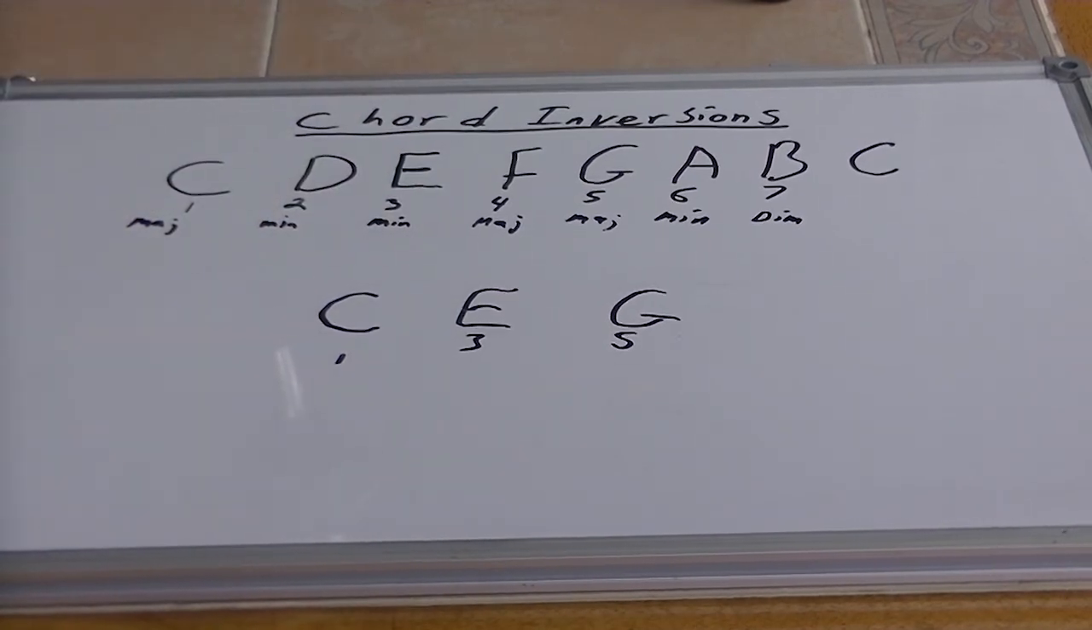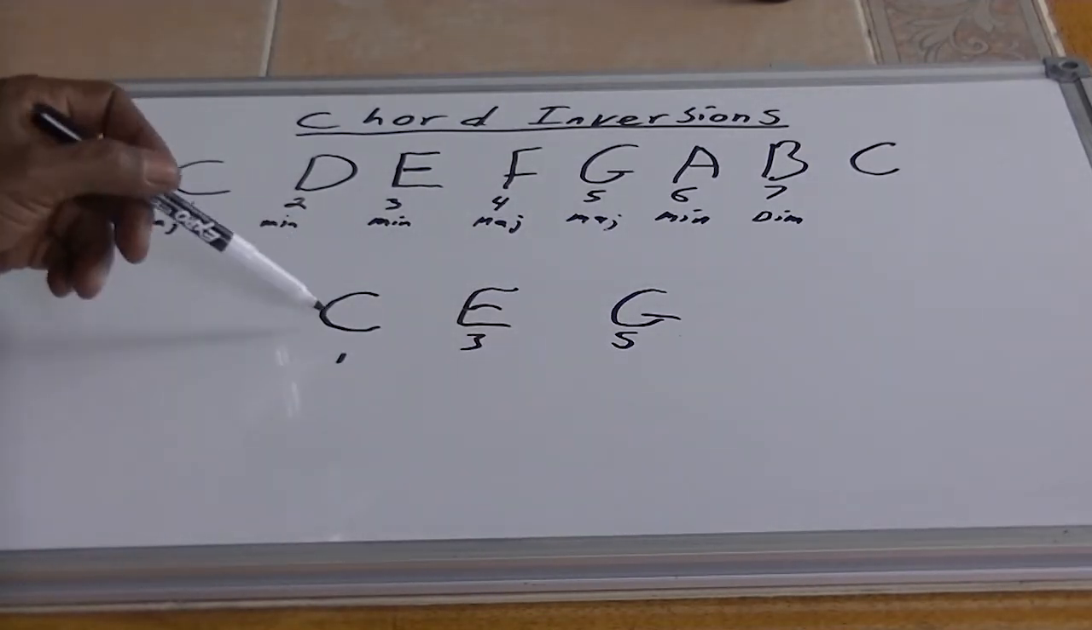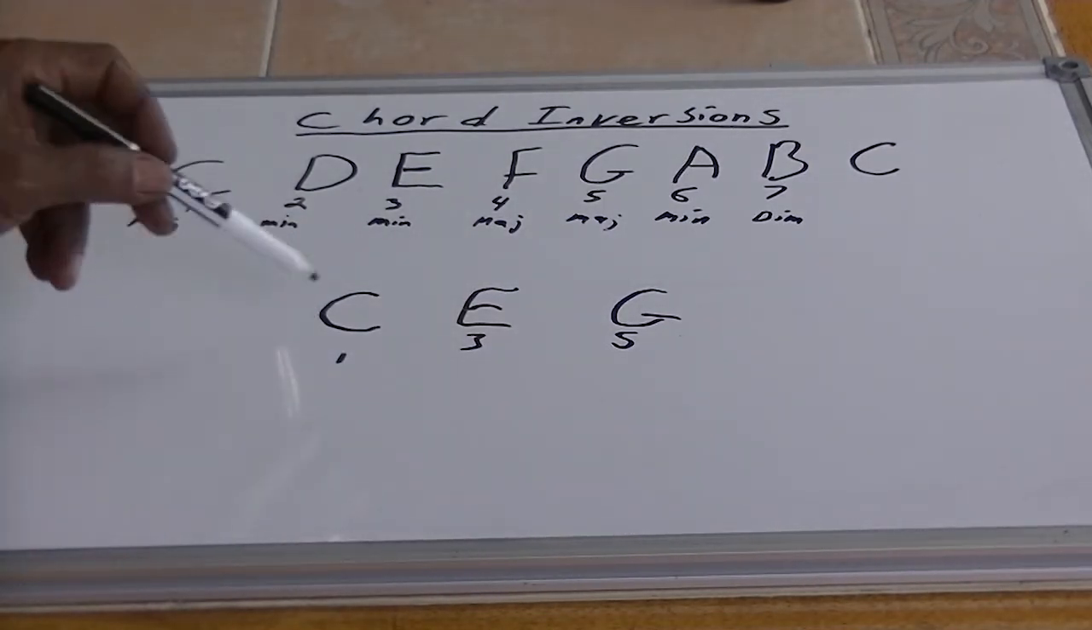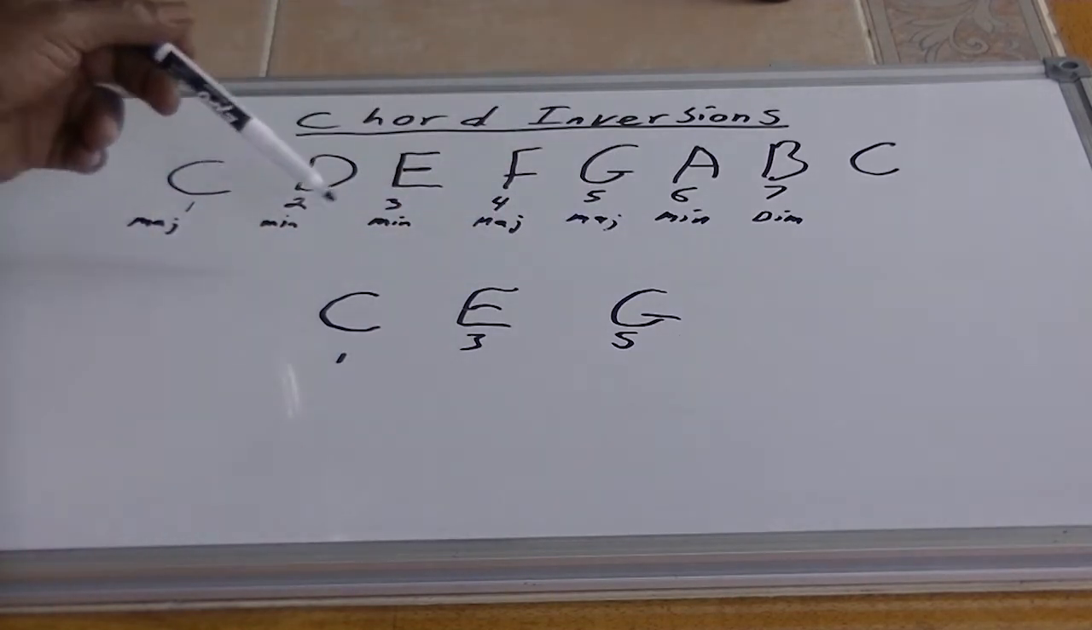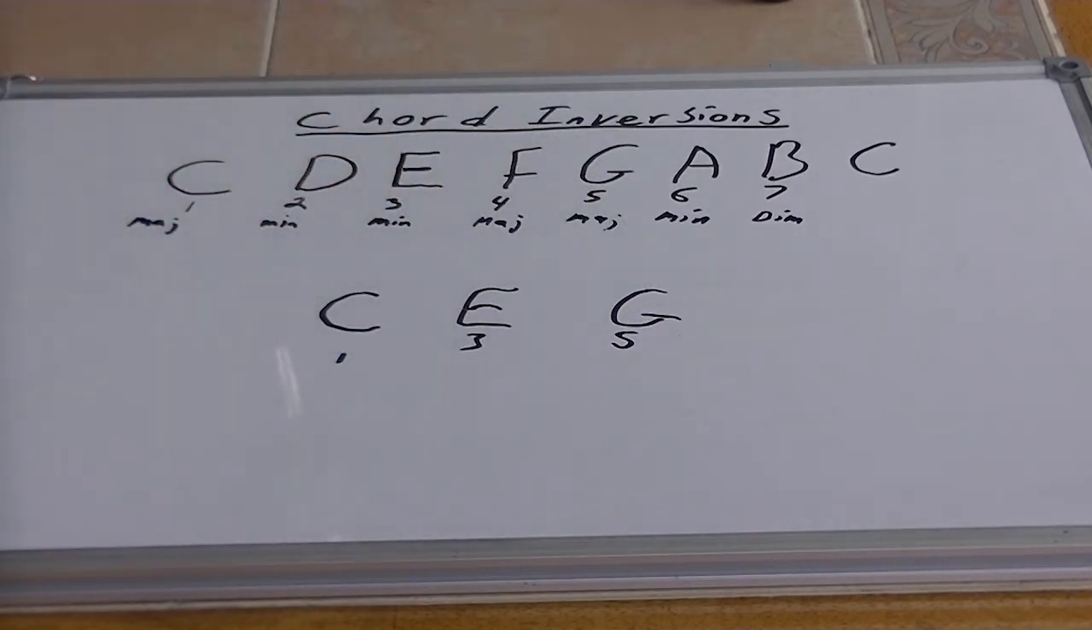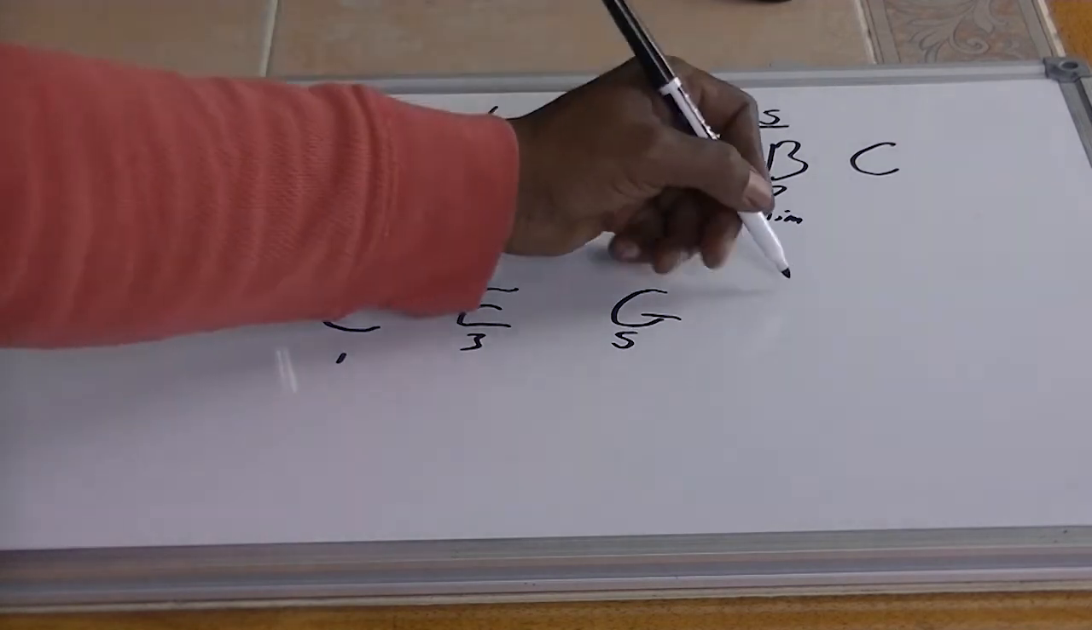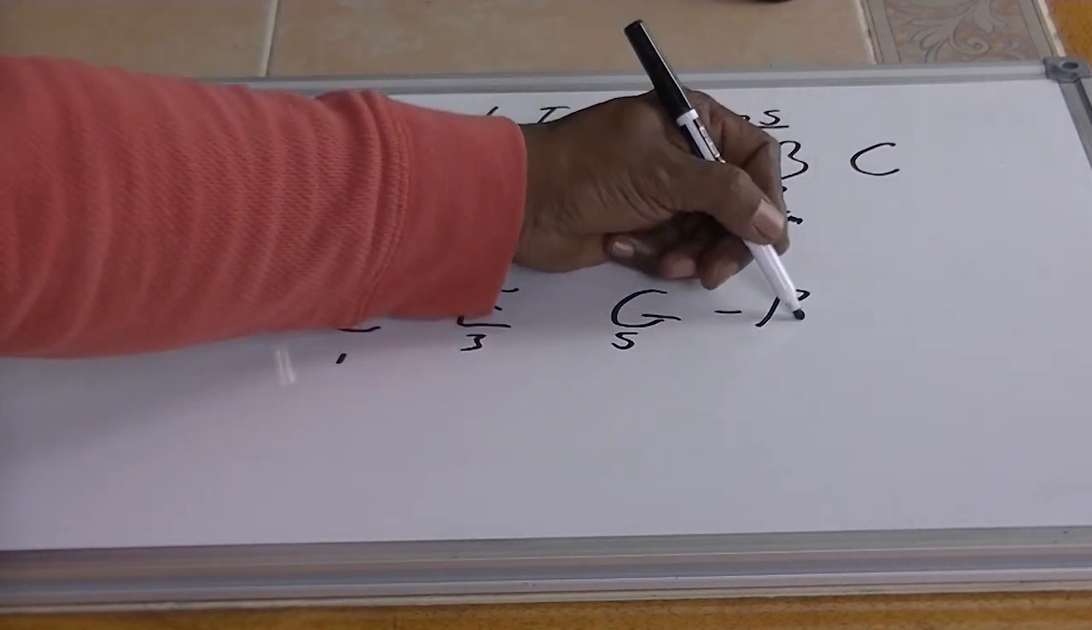Well, when we have the notes of the chord written out in this fashion, starting with the root note as the lowest note of the chord, and then just proceeding appropriately with the notes getting higher through the musical alphabet, this is what's known as root